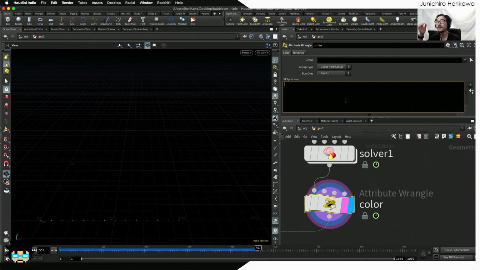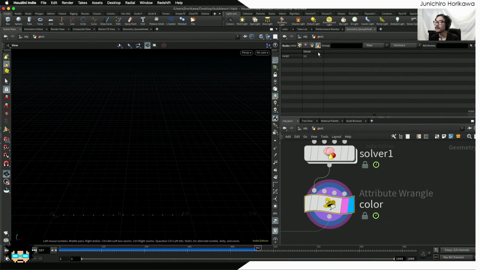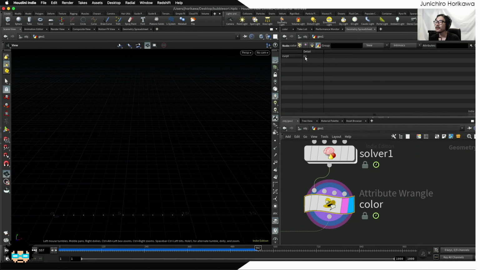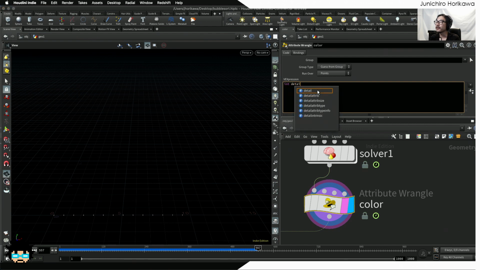Okay, so in order to know which one to be colored differently, I need to find out the pair values, and that is stored inside the detail, which is this one, current PT value. So the current PT number and current PT plus 1 is the ID that we want to colorize differently from other points. So let's get that value from a detail. Current PT is equal to detail 0 current PT,